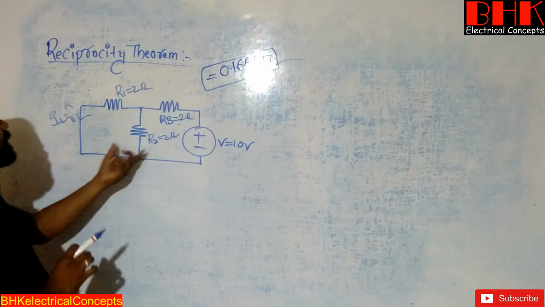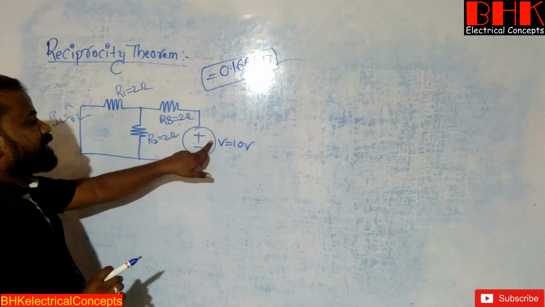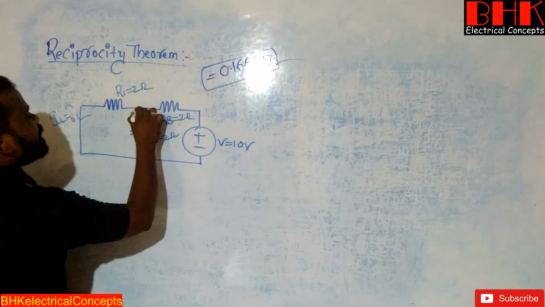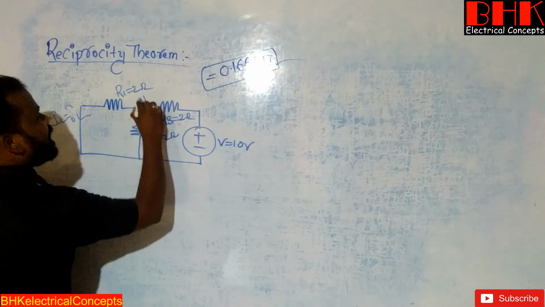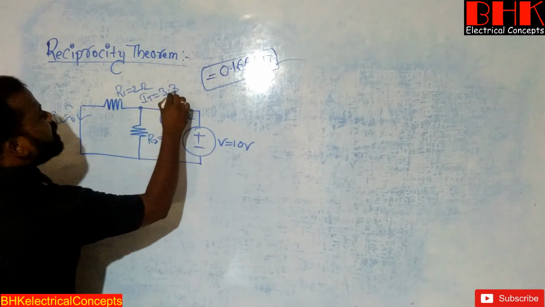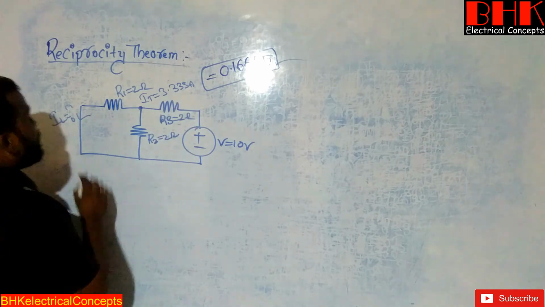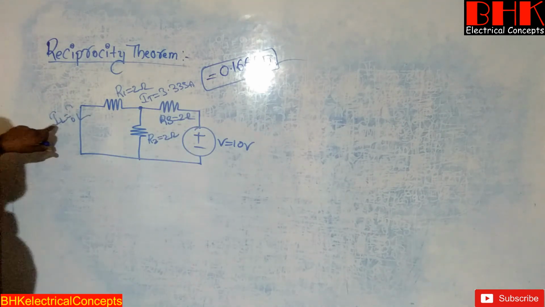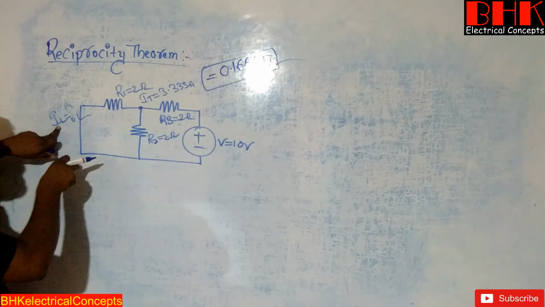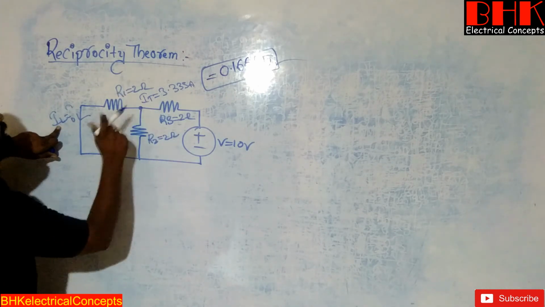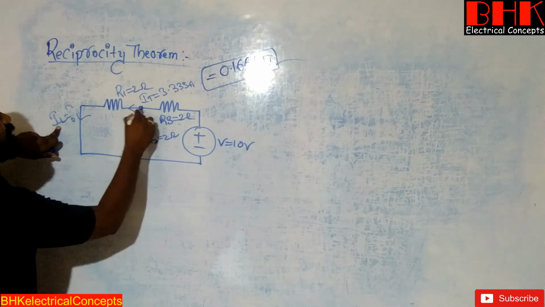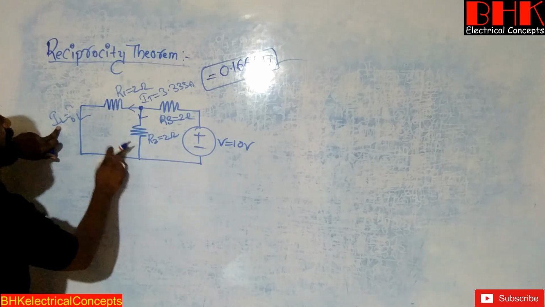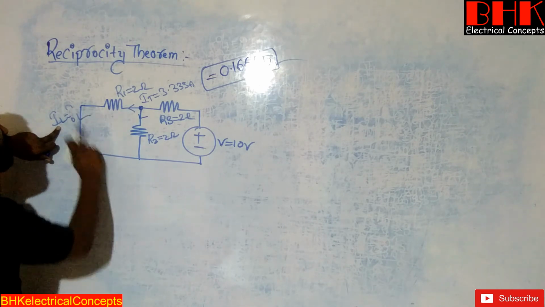Now this is the actual circuit. The source is connected on the right side and the load we need to get. Just now we have calculated the total current IT is equal to 3.333 amperes. Now we need to get the value of load current. So load current IL is divided from the total current IT. From this junction point, current is divided into these two branches, but I want the calculation of current only in this branch.